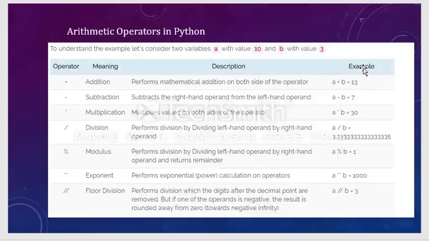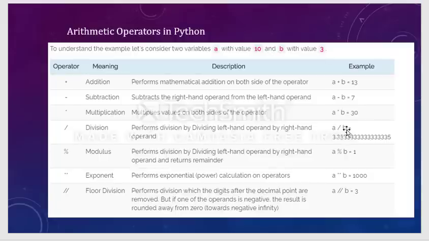You can see examples there. a plus b, where plus is the addition operator, performs the addition between a and b, which gives the result 13. Similarly, minus is used to subtract the values of a and b, which gives the answer 7. Then star is the symbol used to multiply a and b, which gives the result 30, because we have taken the values 10 and 3.